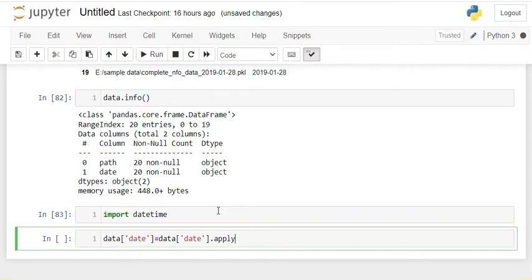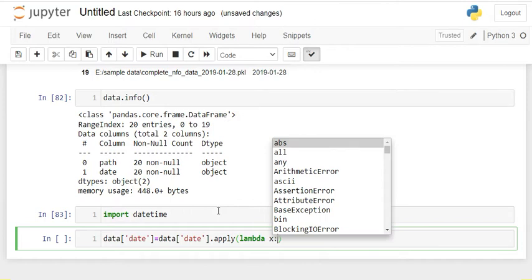dot apply. We are going to apply a lambda function here. So dot apply, and then lambda x. x is basically the instance.